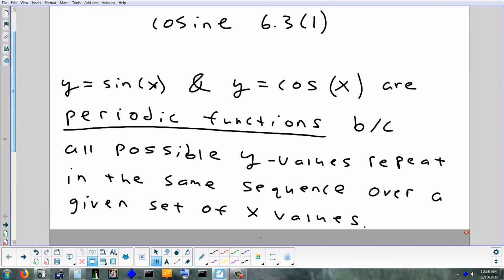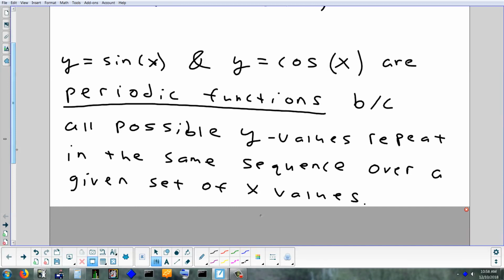Basically, once you move a certain amount on the x-axis, you're going to see a set of y values you've already seen before. And that's what I'm going to show you on the next page with that graph. So all the y values just keep repeating in the same order over a certain set of x